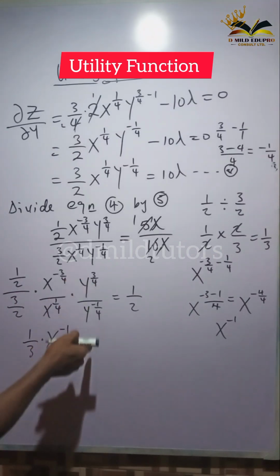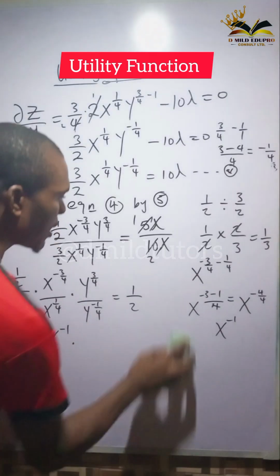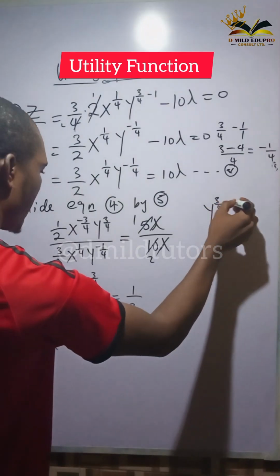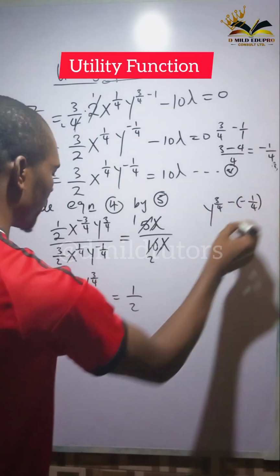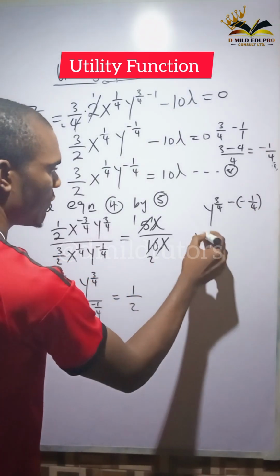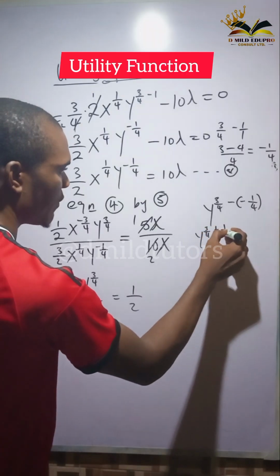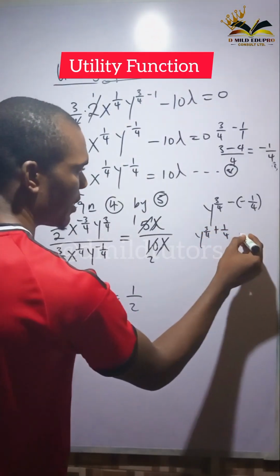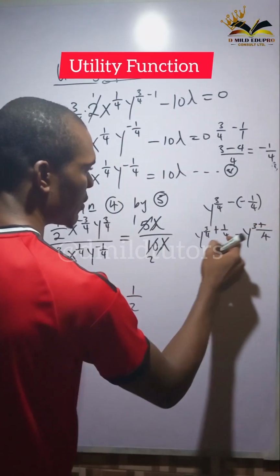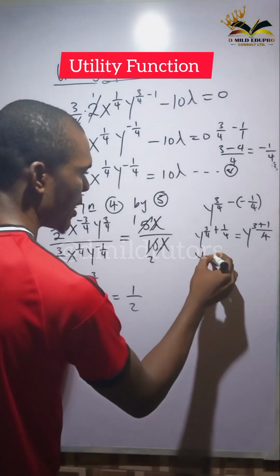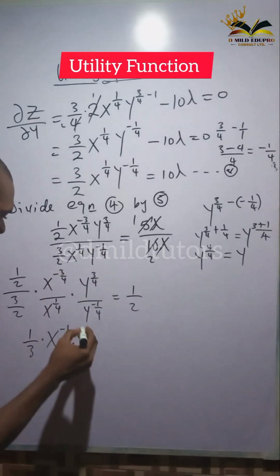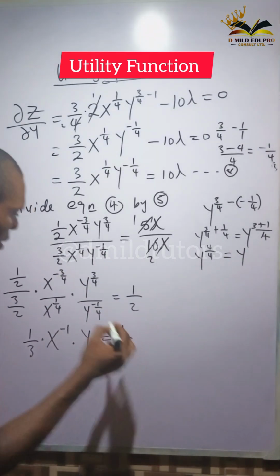Then times, we do the same thing here for the second one. So we have y raised to the power 3 over 4 minus, open bracket, minus 1 over 4. Because of this division, you are subtracting, and this minus follows this. So you have y raised to the power 3 over 4 plus 1 over 4. Now we look for the LCM here. The LCM is 4. 4 into 4 is 1 times this is 3, plus 4 into 4 is 1 times this is 1. So the power will be 4 over 4. 4 over 4 is 1, so your answer is y. So the whole of this will give us 1 over 3